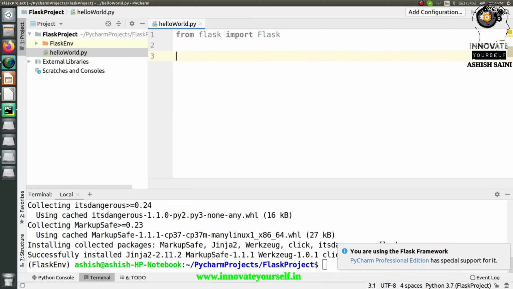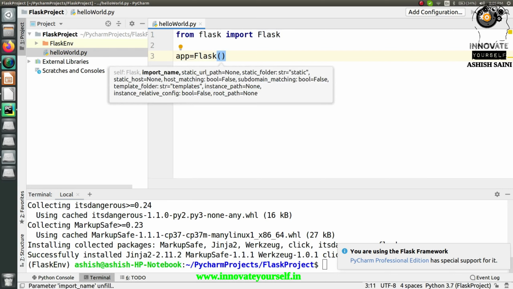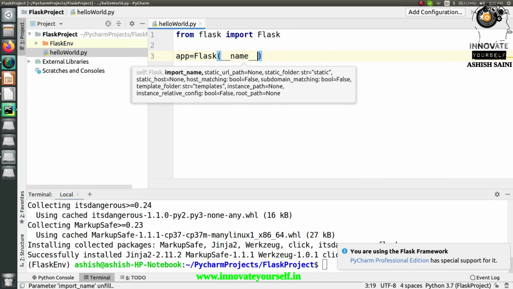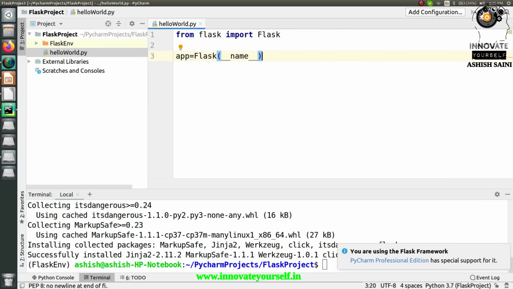Now after that, your first step is to build the object related to Flask so that you can further build your first application, because this is the main step that you have to take. Without this step you won't be able to redirect the multiple APIs to different routings. So let's create an object and give it the name app, and after that write Flask within brackets, and in here you have to pass the import name, and that name is __name__. This is what exactly we have to pass.